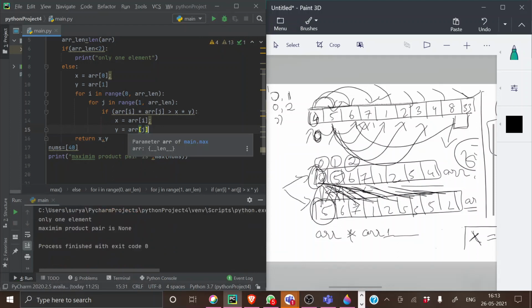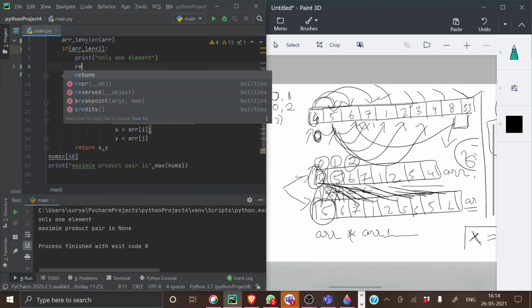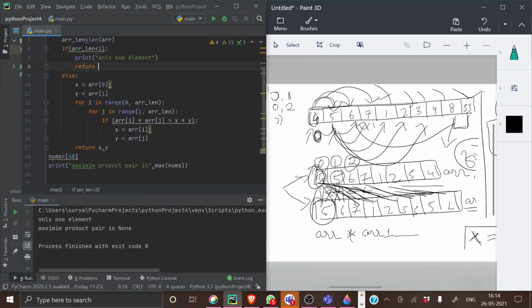But actually, I did this without the else part. I mean, there is no need to have an else part. I don't know what mistake I did. Before doing this, sir, in the array you have defined only one element, right? Yeah, only one element. Oh, okay, sorry, I missed it. I have to give a return here. I just missed that particular line. If I had done that, it would have been proper. Yeah, I forgot to return it.